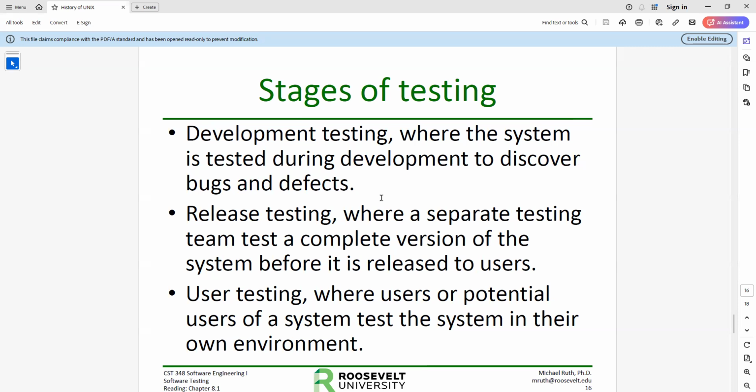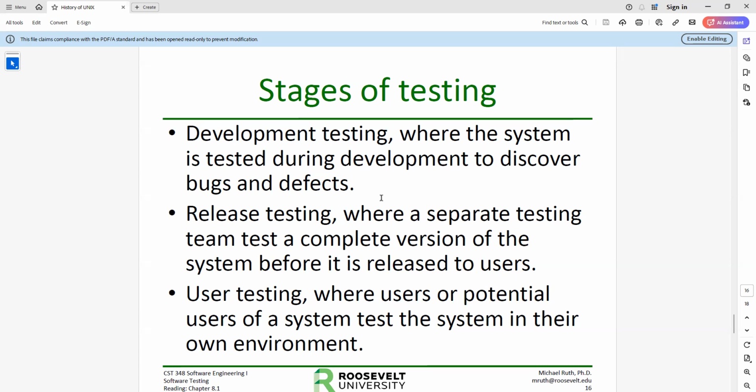They don't actually have the software to look at to tell where things might go wrong. They're just basing things on the requirements, and the system essentially is a black box. We can't look inside it to see what it's doing, hence the word black box. And so that's why we're going to refer to that as release testing. Development testing is almost all white box. And that just means the light's on inside the box, and you can see what's inside the box to determine what's the best way to attack this software, and so forth.